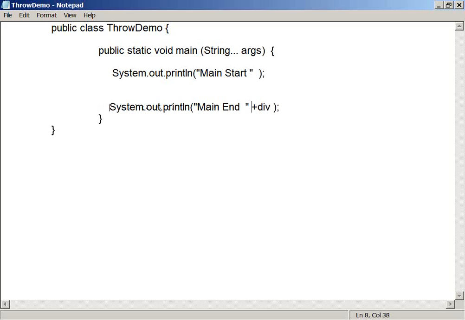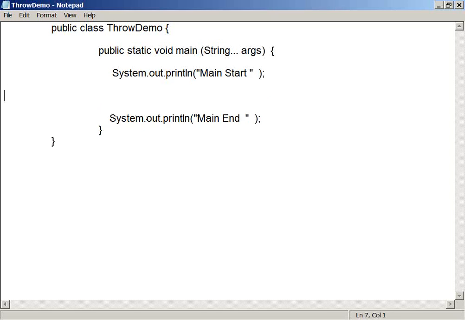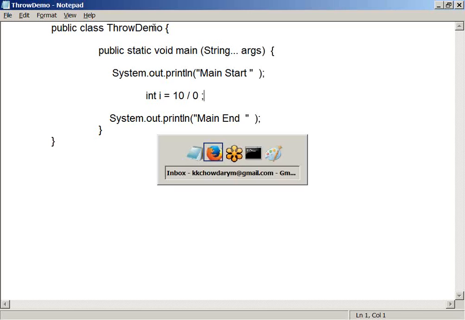Now we have seen that when I write a statement like int i = 10 / 0, the Java runtime cannot calculate the value of this. So when you compile and execute this program, the Java runtime is going to throw an exception,